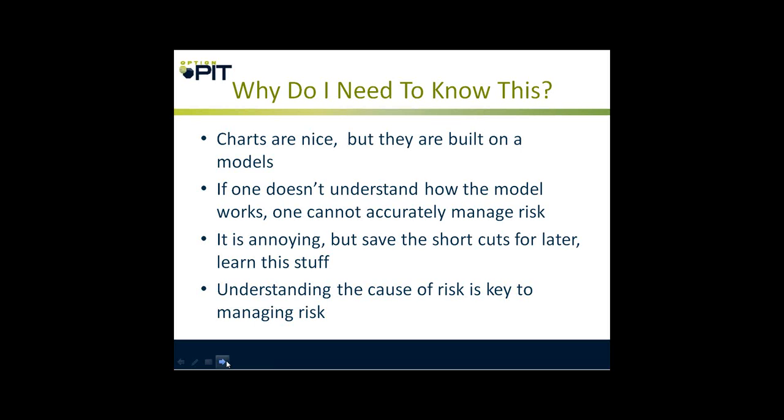Because the model will change the Greeks on you. Everybody has heard of some sort of evil game where the overlord changes the rules when the hero is starting to win? That is kind of how the pricing model works. You'll think you're winning, and then one of the inputs in the model will change, and the Greeks will all change on you, and all of a sudden you go, what the heck just happened? That is why you need to understand the pricing model.